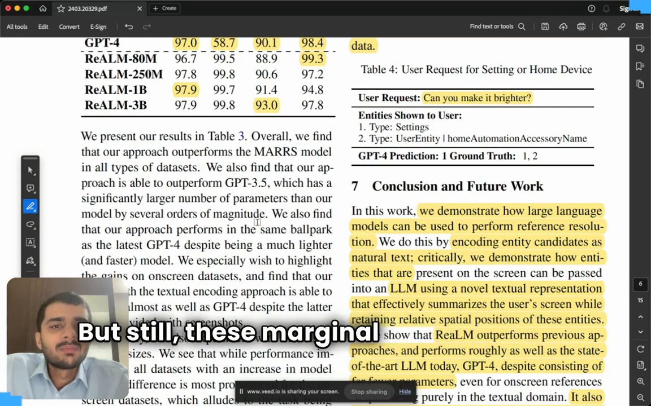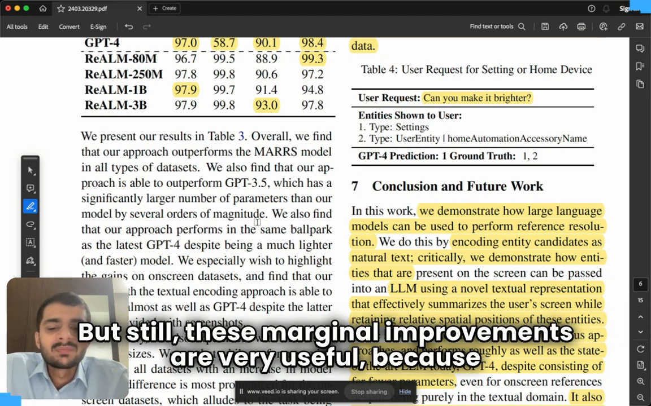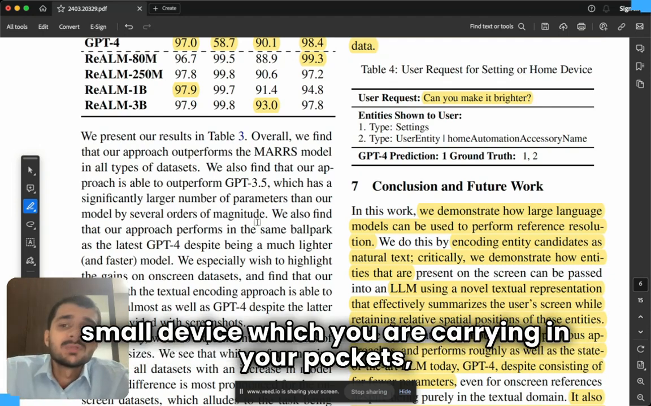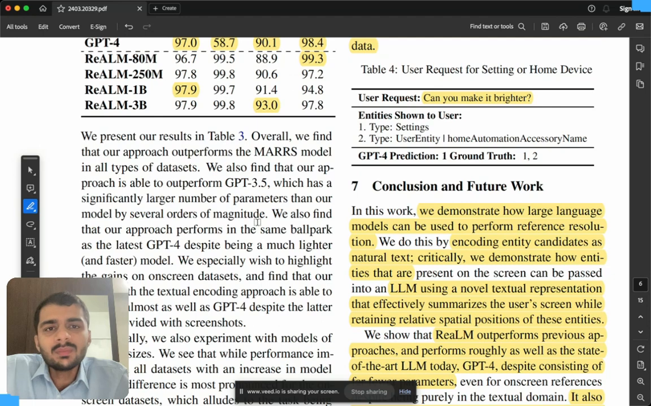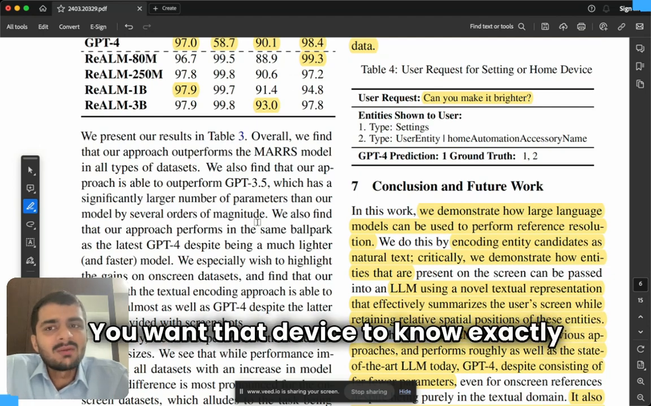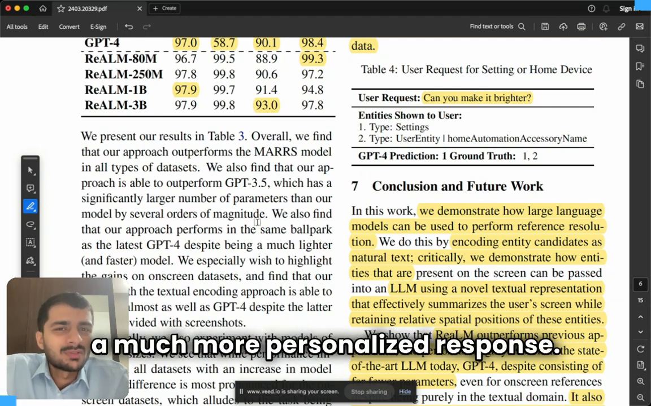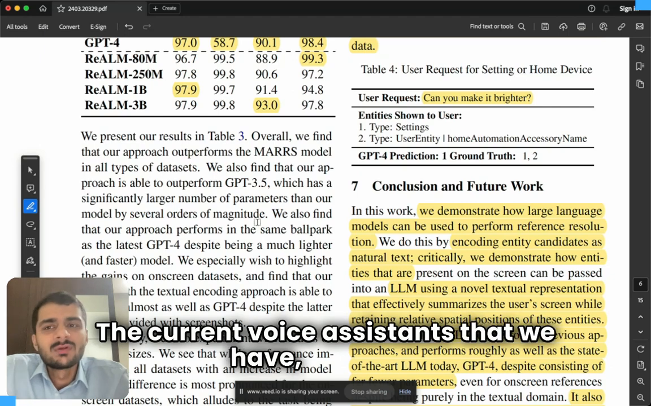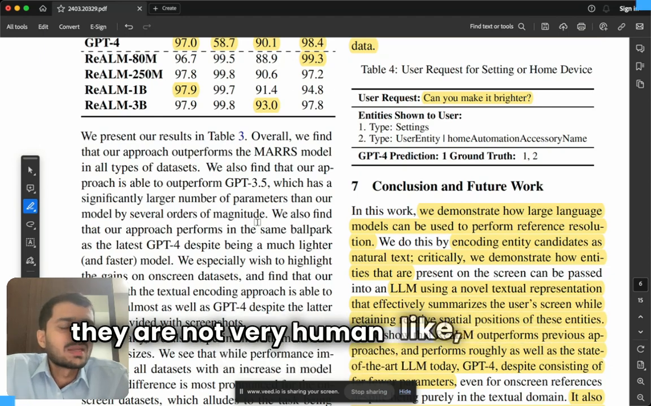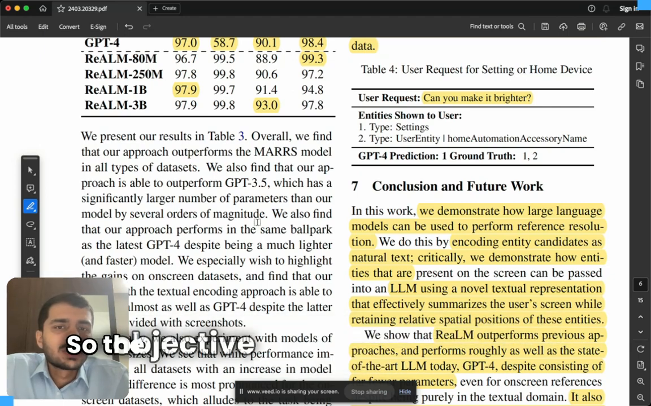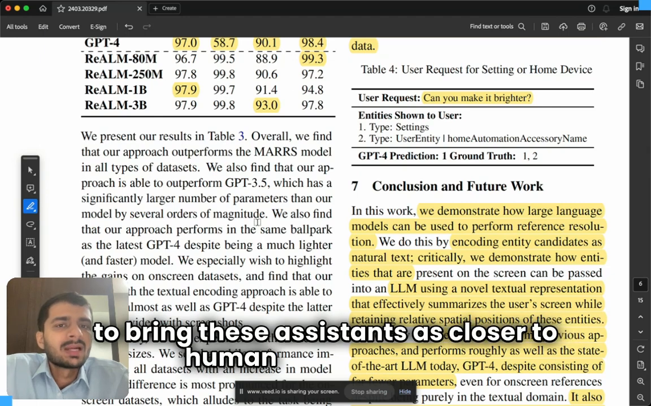But still, these marginal improvements are very useful, because imagine later there is a small device which you're carrying in your pockets, which is your own personal assistant. You want that device to know exactly what is going on in your screen, right? To be able to give you a much more personalized response. The current voice assistants that we have are not very human like. They seem very artificial, and they also make a lot of mistakes. So the objective of this paper in a way is to bring these assistants as close to human like assistants as